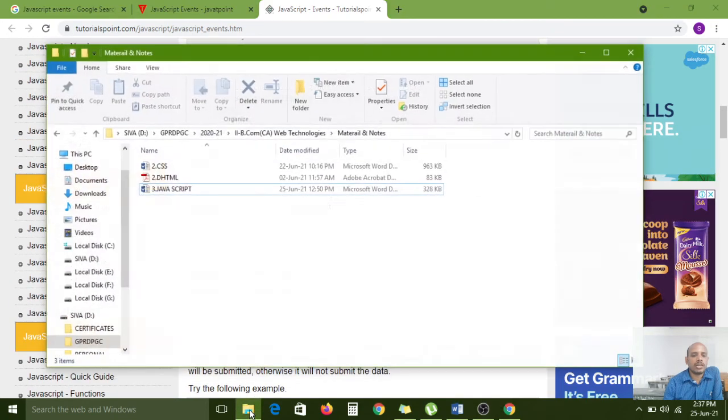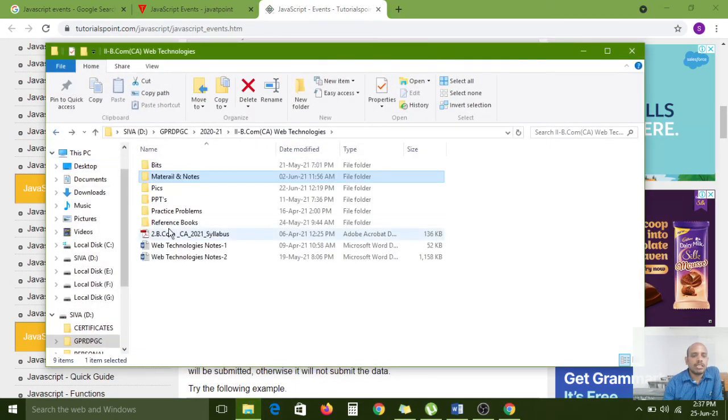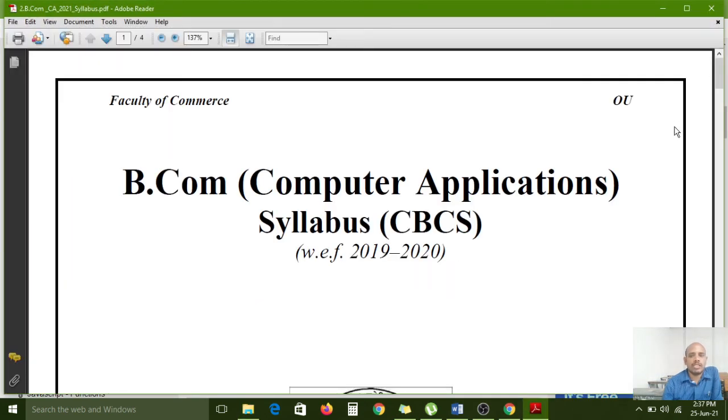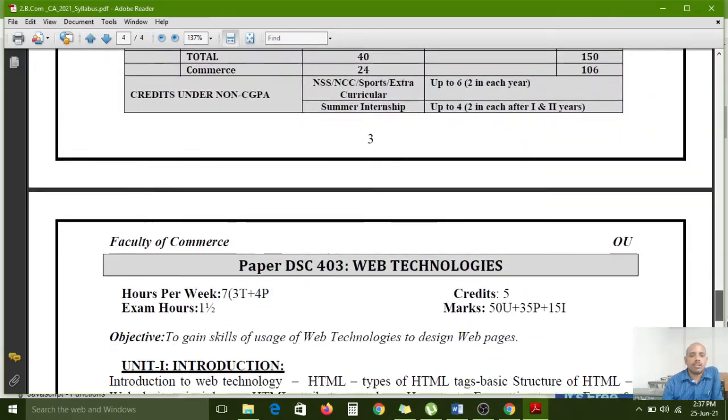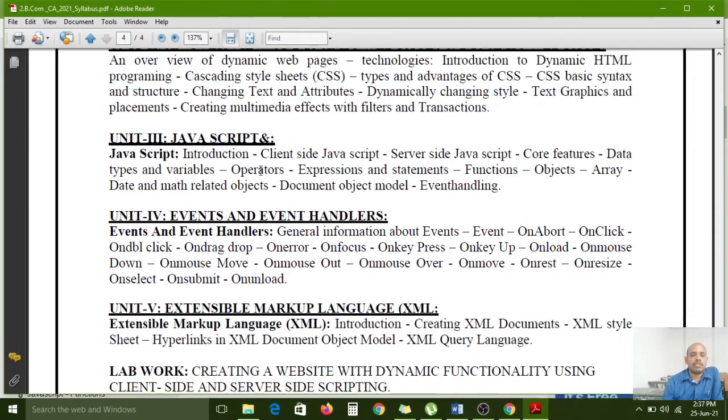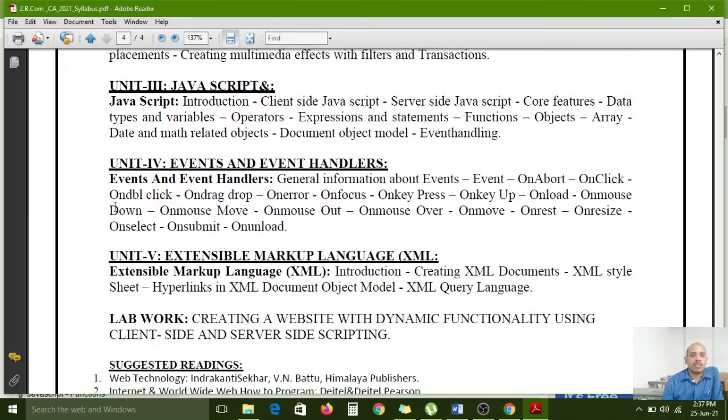According to the Osmania University syllabus, in the next unit we have some events to explain briefly. Carefully observe, in the fourth unit, events and event handlers.